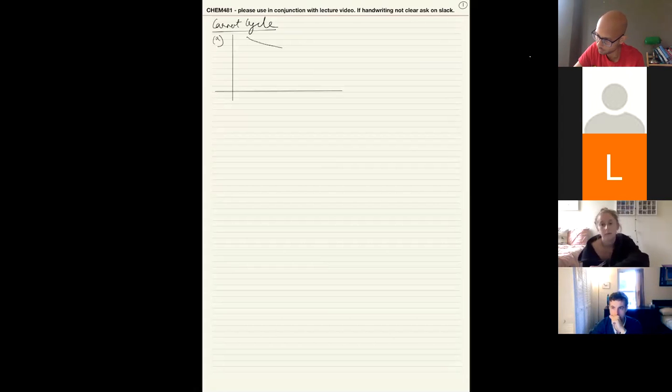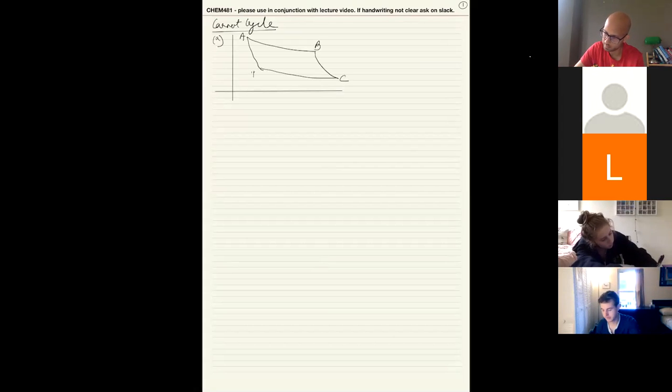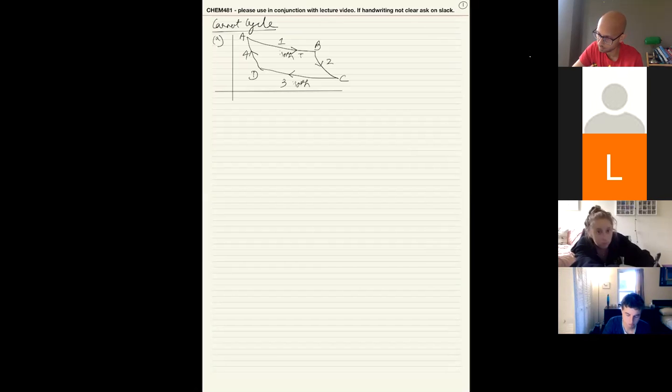So we have an isotherm, an adiabat, another isotherm, another adiabat. So A, B, C, D. This is process 1, which goes like this, process 2, which goes like this, process 3, which goes like this, process 4, which goes like this. This one is an isotherm at some temperature. The top one is at a temperature T hot, and the bottom one is at a temperature T cold, while